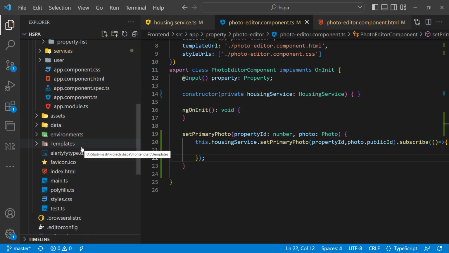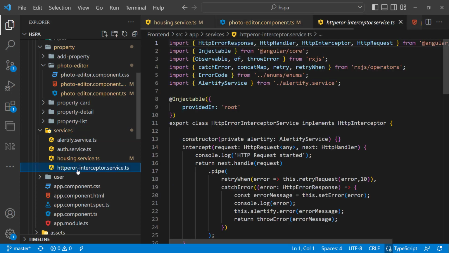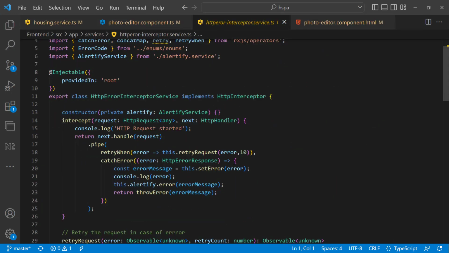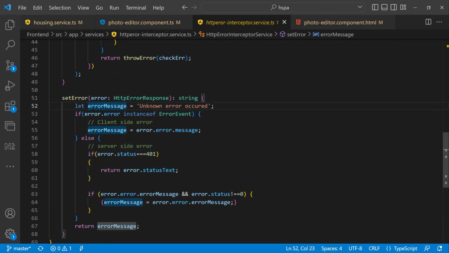This HTTP error handling we have done through the HTTP error interceptor here in the services. This is the class where we are handling different types of HTTP errors. Here in this setError method, we are handling different errors. And if any error does not fall in any of these cases, we are returning this default error. So at present, we are getting this default error for all the test cases. And the reason is we are returning an error just as plain text. But this method is not handling plain text here. Instead, it is expecting an error as a JSON object